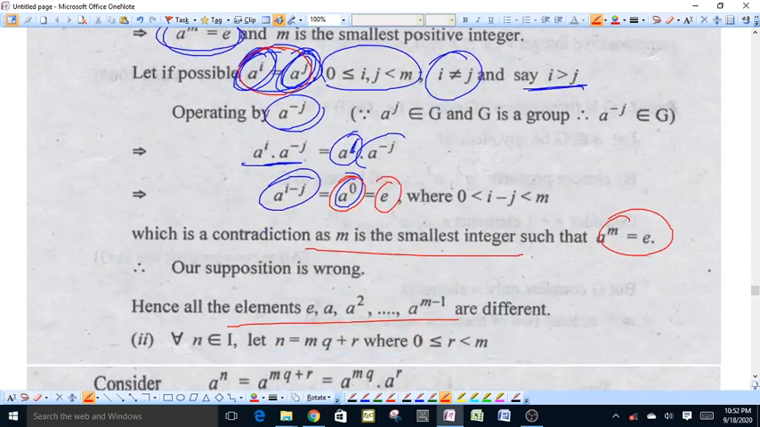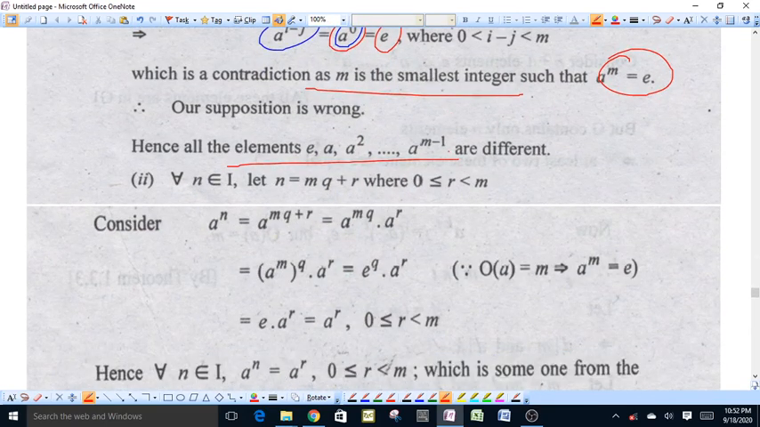Now suppose that n is an integer and n is equal to m q plus r. When n is divided by m, suppose q is the quotient and r is the remainder, where r is greater than or equal to 0 and less than m. Let us take an element a raised to power n. This can be written as a raised to power m q plus r, because n is equal to m q plus r,